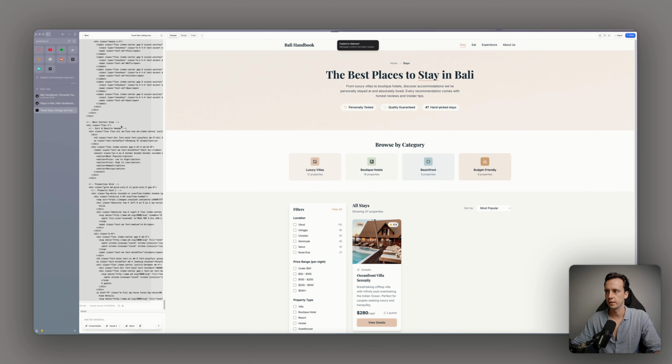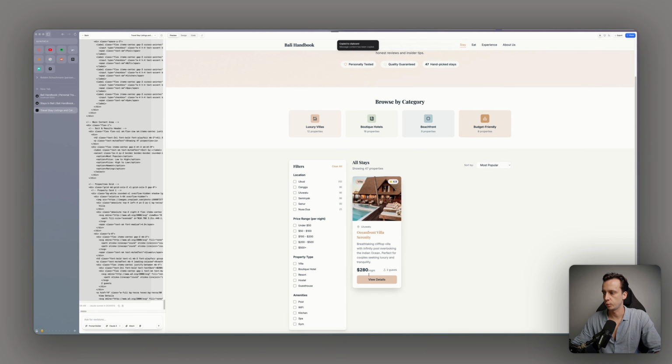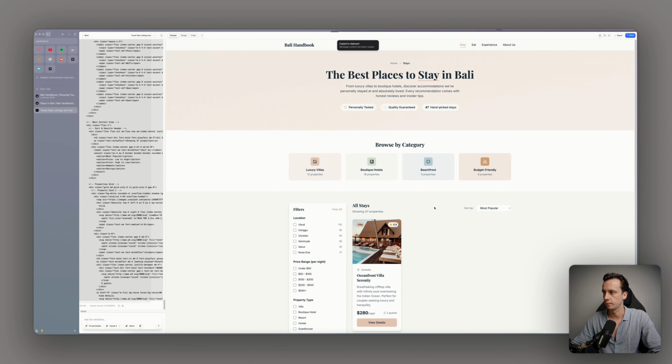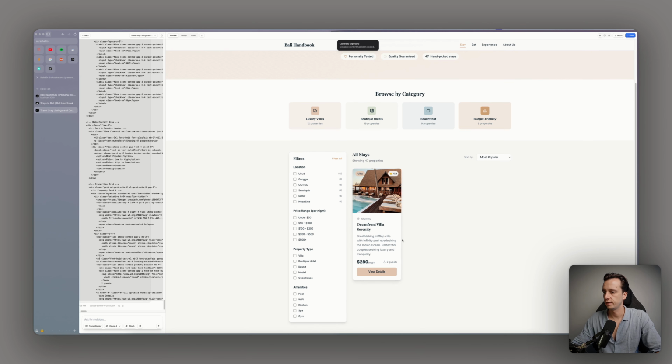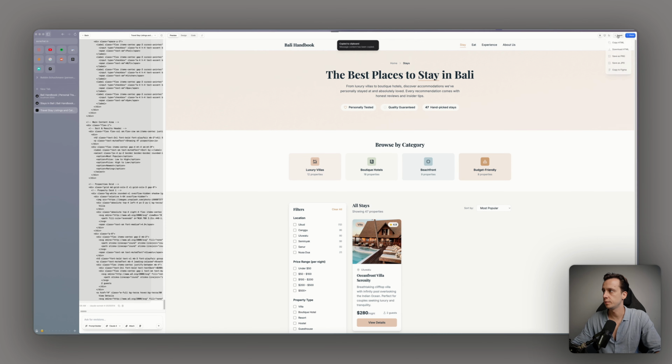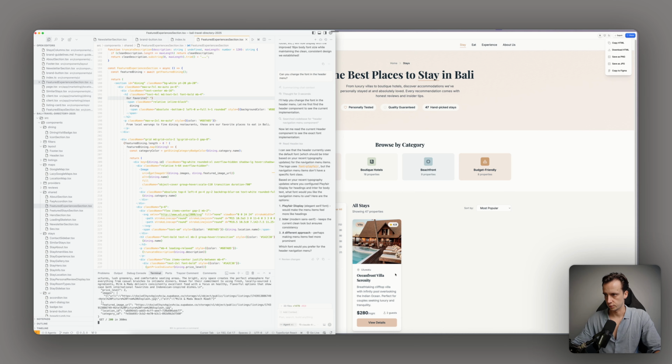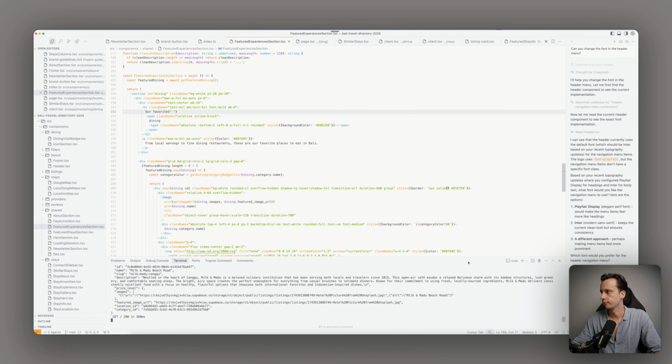Okay, so what I did, I asked it based on the previous design to come up with a design that fits the branding better. So it came up with this, which I kind of like. Only thing we need to do is, I think, just copy this, just as we did yesterday, copy. Then we're gonna open Cursor. And, oh wait, I asked it